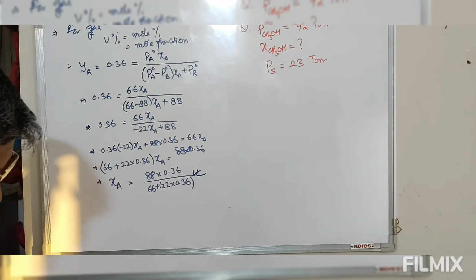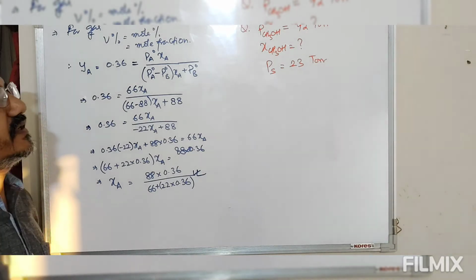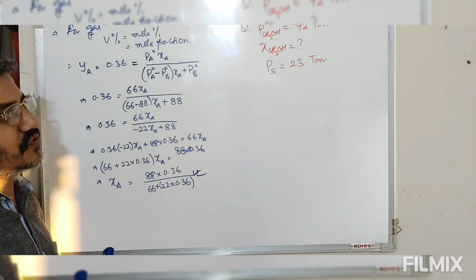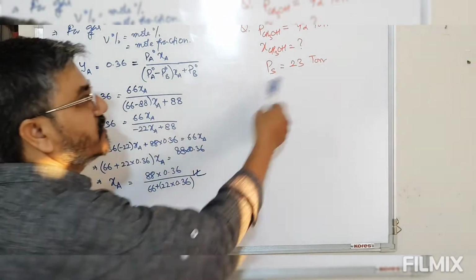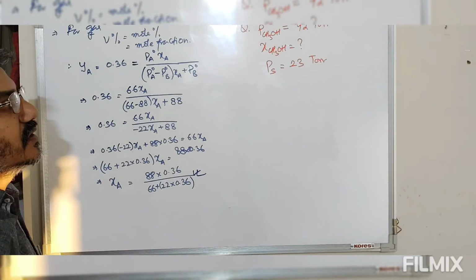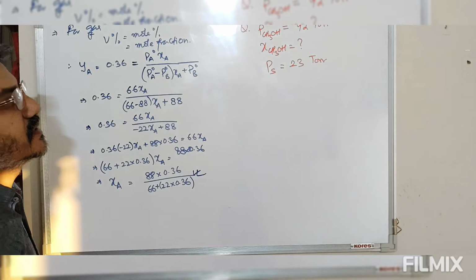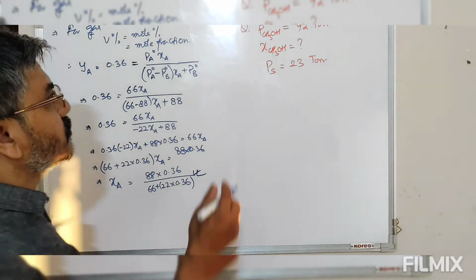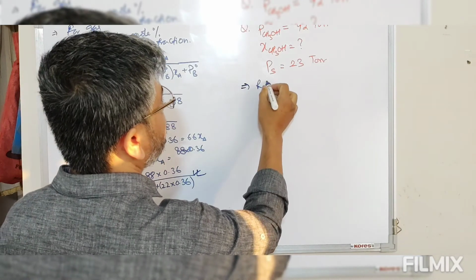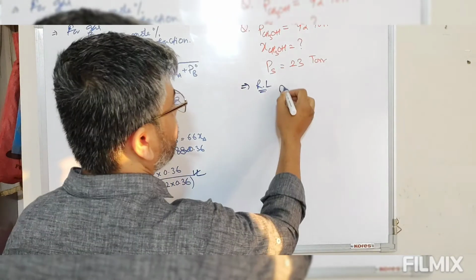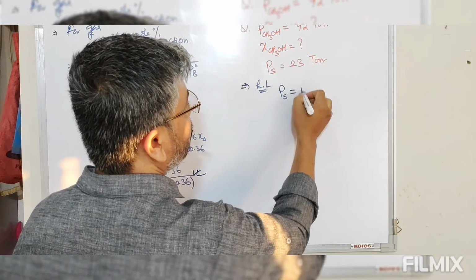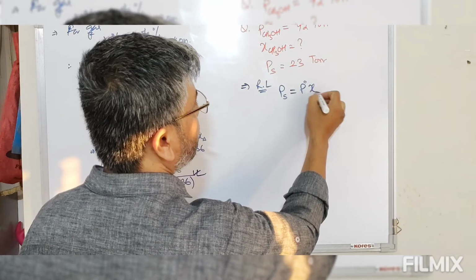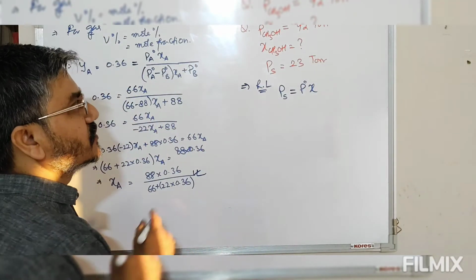Now we are given a pure solvent, that is methyl alcohol, whose vapor pressure is given as 92 torr. The vapor pressure of the solution containing some other non-volatile solid is given as 23 torr. So what is the mole fraction of the pure component? Vapor pressure of pure and vapor pressure of solution are given. Now we have to find the mole fraction. According to Raoult's law, the vapor pressure of the solution is equal to the vapor pressure of the pure component multiplied by the mole fraction of the solvent. So this is the pure solvent.